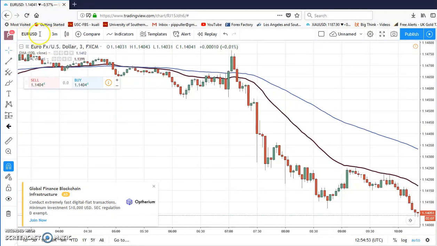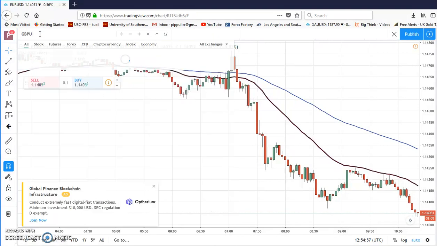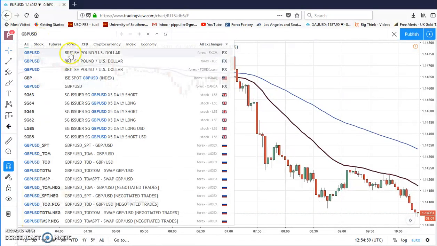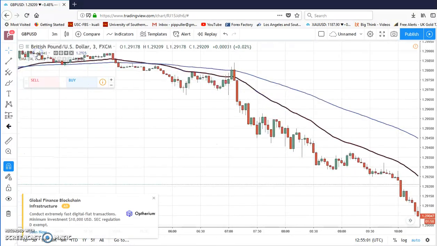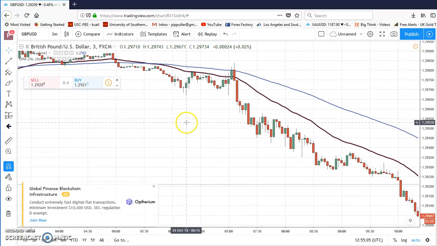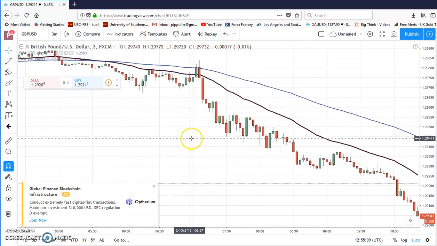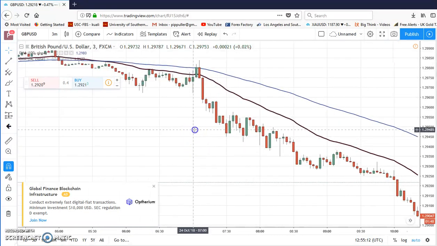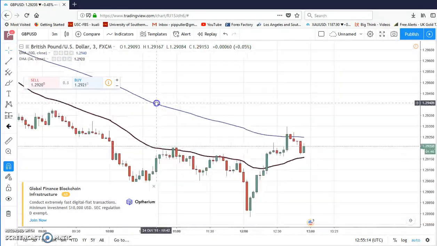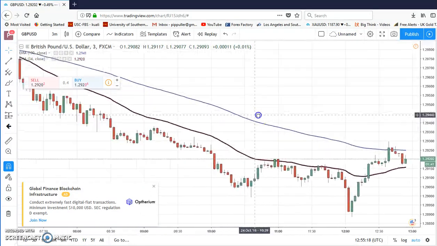And here, this is where you change your currency pair. Let's say you want to scalp the GBPUSD. You can use your mouse scroll to scrunch or spread out that chart, or you can click down and move it along. So this is the current market price action right here. So the way to do this